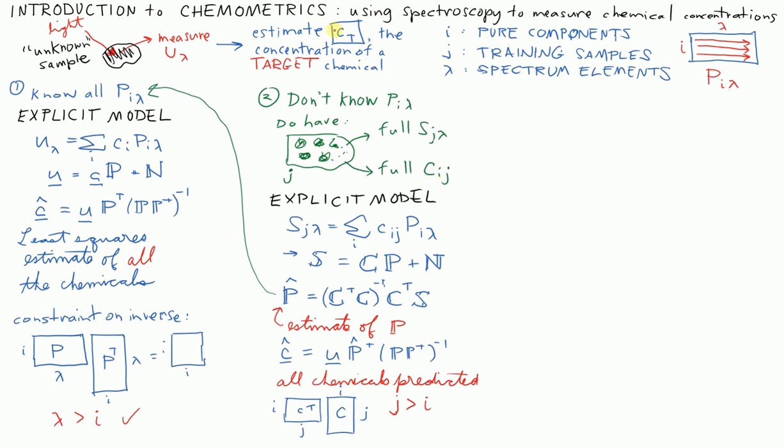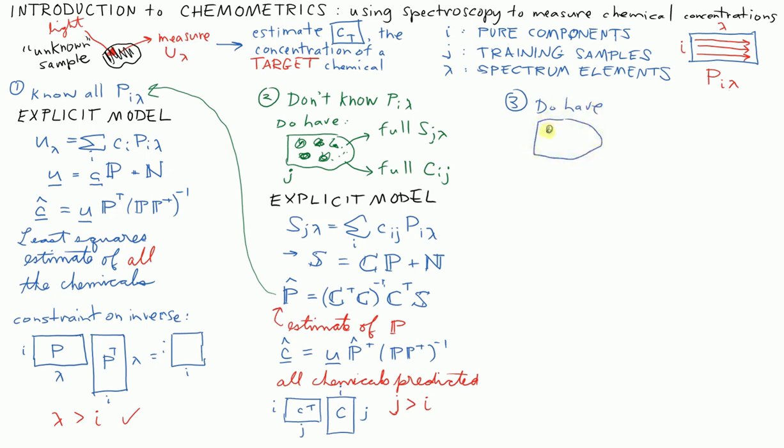So the third approach that we want to explore is the one that would be most enticing if you were trying to build a cheap product. And that's if you don't know the pure component spectra, and you also don't have to measure all of the chemicals. So we would still say that what we do have is